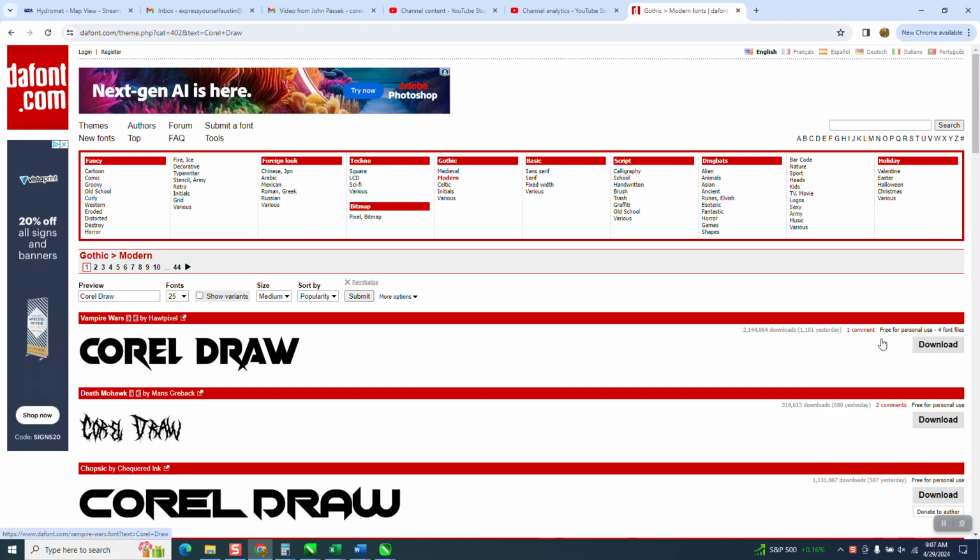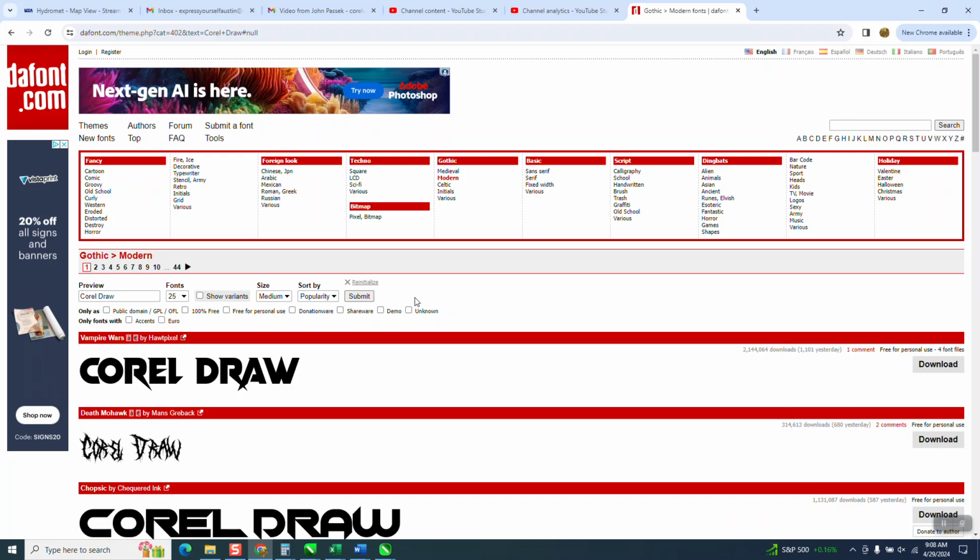But if you look right down here, free for personal use, free for personal use, free for personal use. That's saying you could use that font, but you shouldn't sell it. So if you have an account on Etsy where you sell plaques and you're using that font, you shouldn't do it. Well, I've never looked into this before, but if you go right here and go 100% free fonts